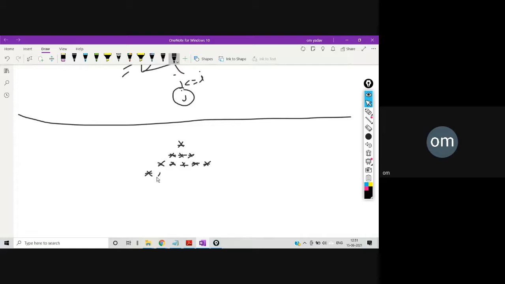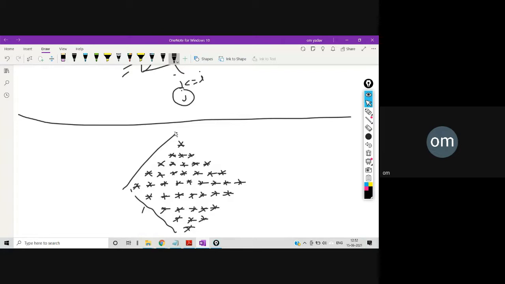Okay. So this is called the diamond pattern, right? This we will print.